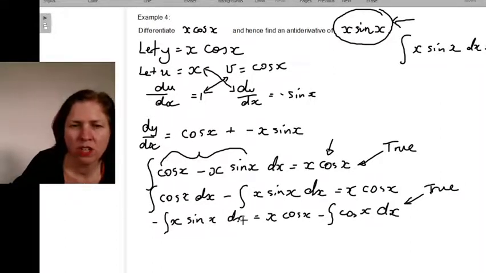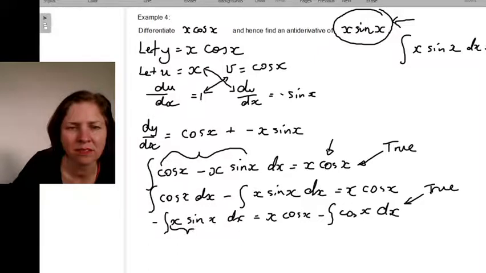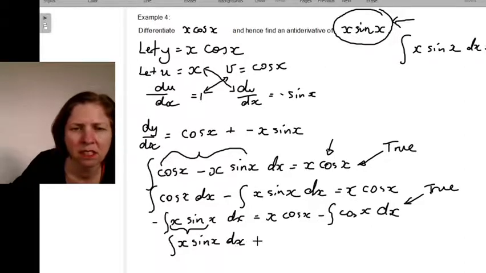So what I'm going to do now is I'm going to do two steps at once, only because I'm running out of room here. I don't want this negative sign on the left. I want the antiderivative of x sine x. That's this part in here. So I'm going to multiply both sides of my equation by -1. Actually, I won't do two steps at once. Let's just do that. Multiply both sides of my equation by -1. On the left, I've now got the antiderivative of x sine x dx. And on the right, I've got negative x cos x,